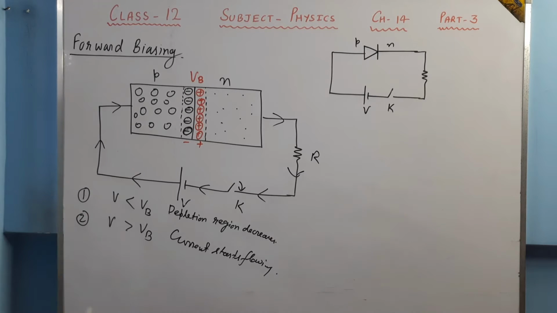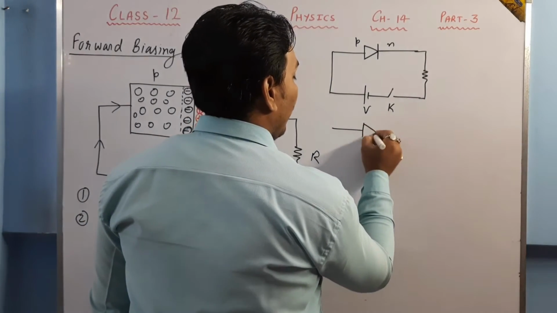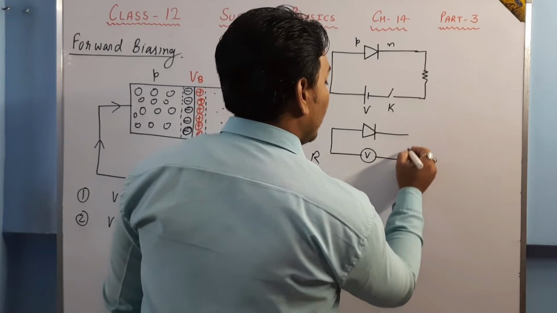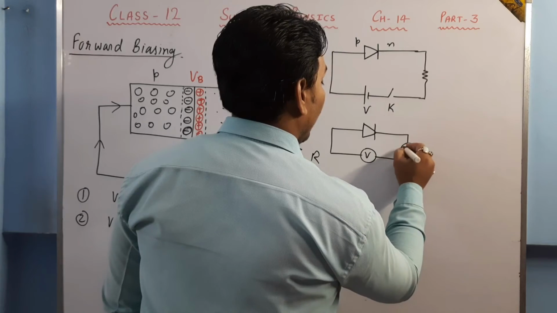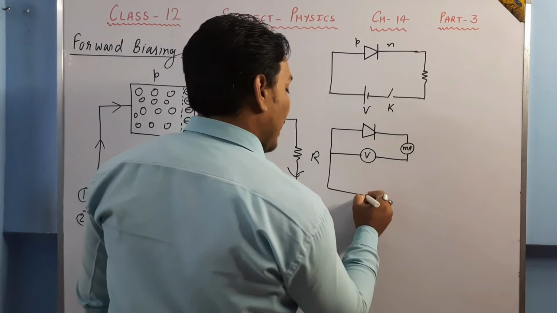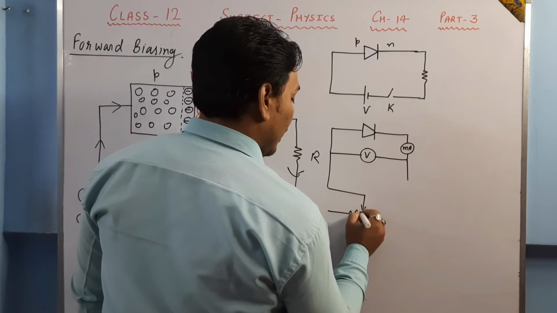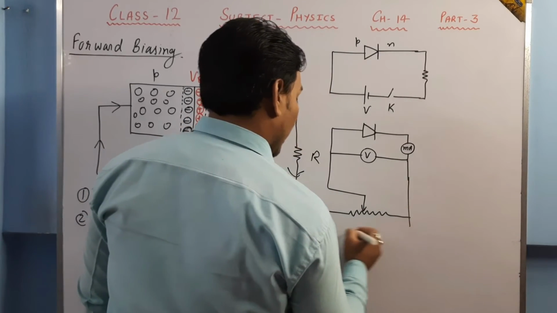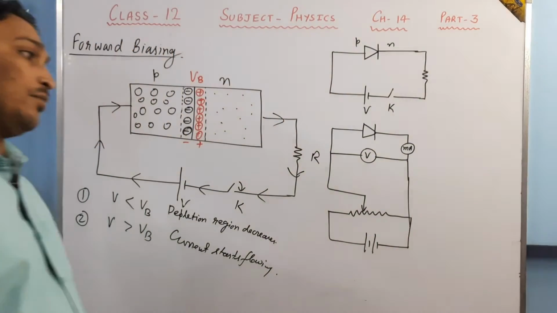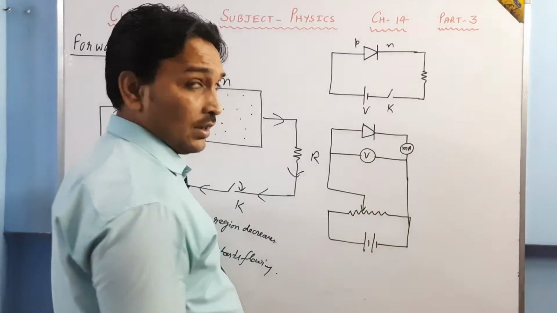Now we draw a forward characteristics curve. For a forward characteristics curve, what do we do? We connect the cell. We need to measure the voltage also. So you apply a voltage, put a voltmeter, and here we connect a meter to note down the variation in current. Now this is connected to the positive terminal of the battery like this. This is how the circuit is made. Now, by shifting this, we can adjust the voltage across the PN junction.